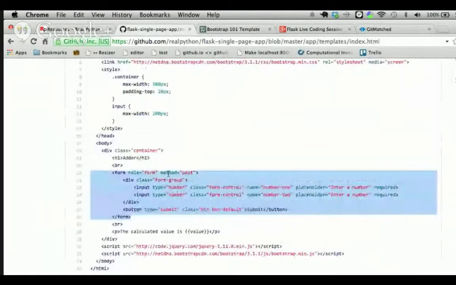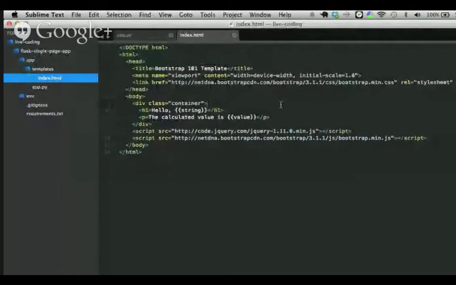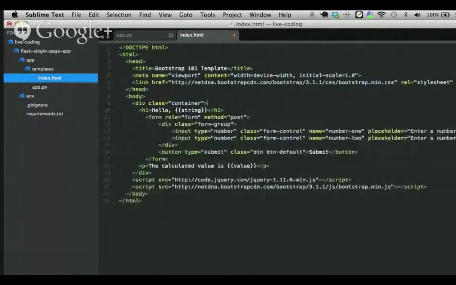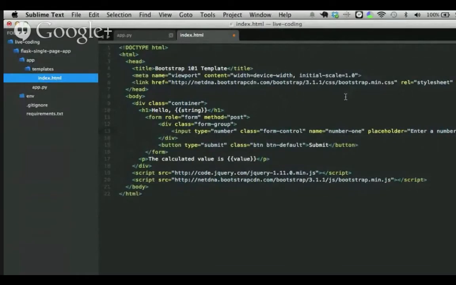Go ahead and grab the entire form. And then let's go ahead and paste that right here. And let's remove the second input and change the name, just the number for now. Go ahead and save that.